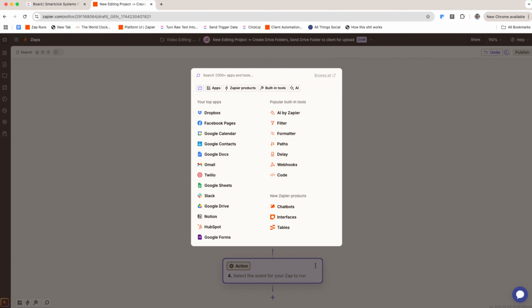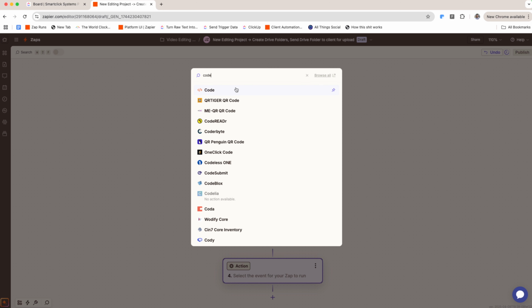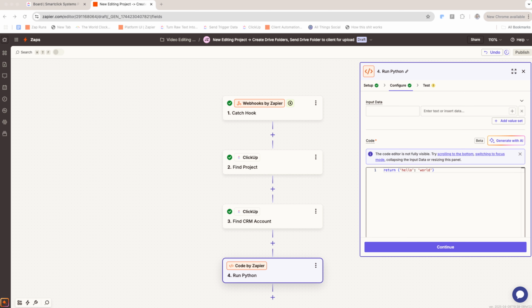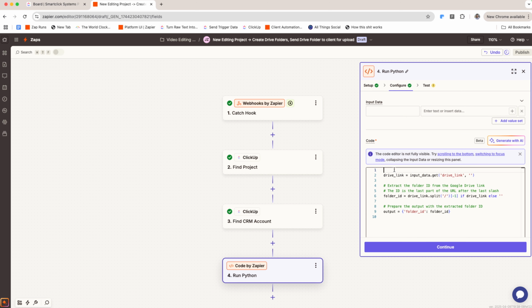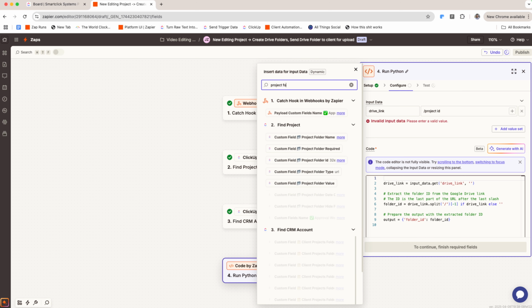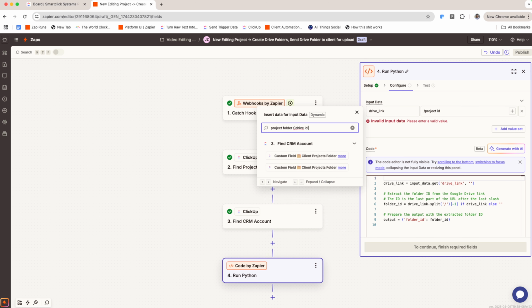Now what we need to do is get the Google Drive folder ID of the projects folder we created earlier. Okay, and we're going to do a little code step here. And this is going to be Python. And we're going to paste in our Python code. Input data is going to be drive_link. And then we're going to drop in the drive link of the Google Drive project. So we're going to search project folder G Drive ID. Here we go. Client project folder G Drive